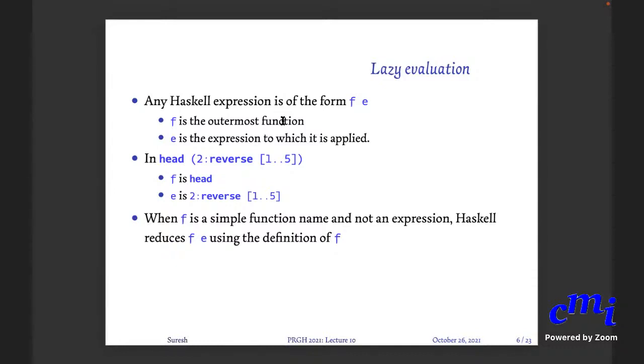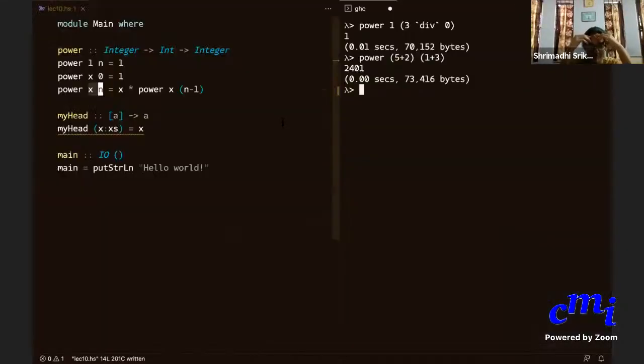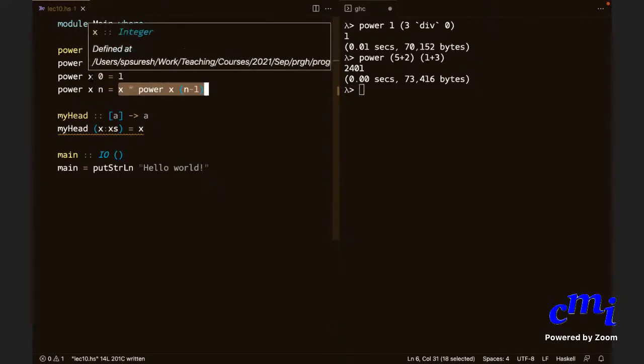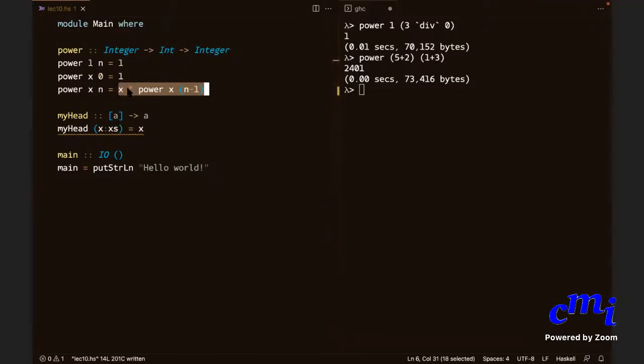Sir, can you just repeat the last part? I mean, why does it look at both x and n? Because look at the right hand side of the definition. You have to simplify, no? In the first two cases, the simplification involved just writing 1. So you don't need to evaluate x. Whereas here you need to do a multiplication on x as well as power x (n minus 1).